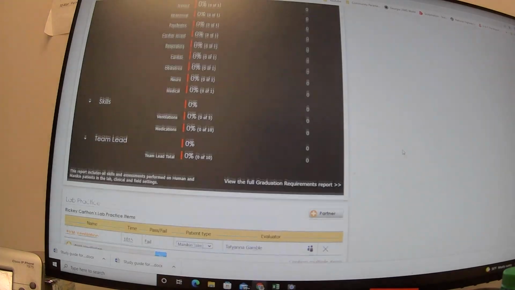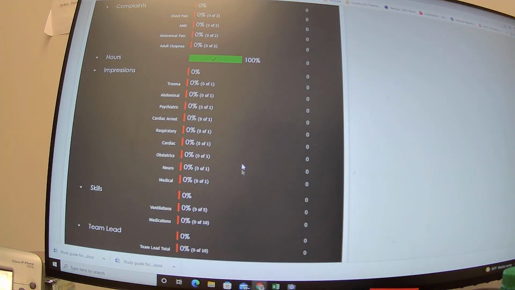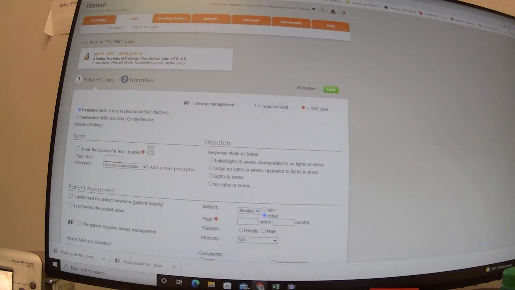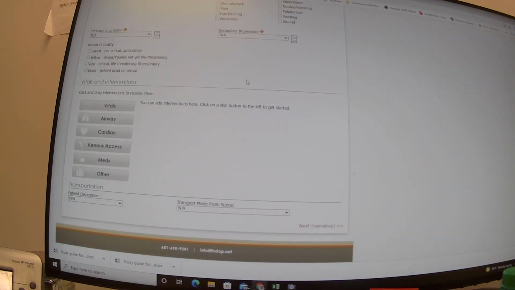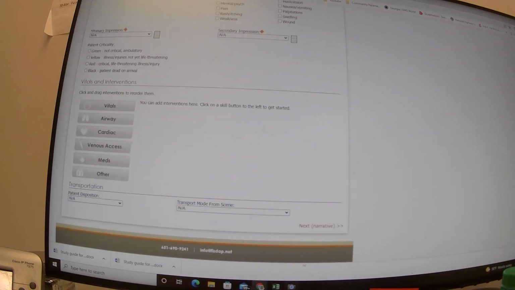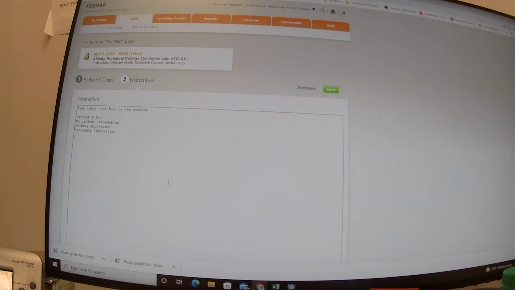when you go in to do a patient, say you're given a scenario, and so you have to do a PCR. So you go in here and you would add a patient. Okay, and here you can put your PCR. Okay, again, especially for the new EMT students, I recommend using the soappcr.com, filling in all the blanks there, and then you can copy and paste your narrative in here. Okay,